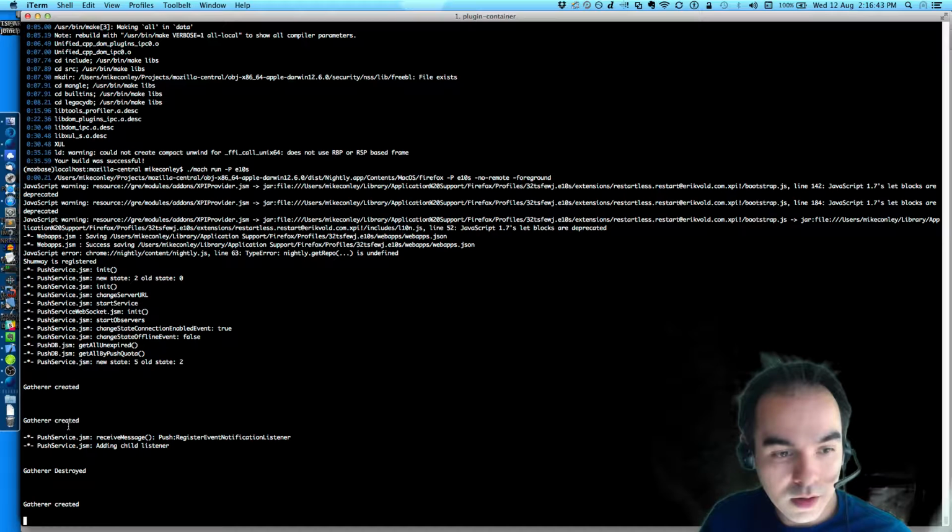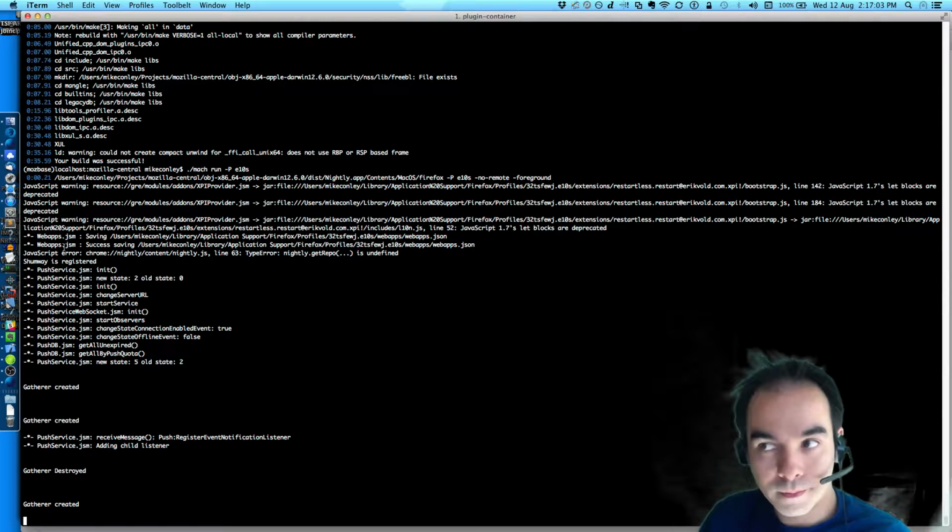Huh. Now why would that be? Why are there two gatherers created? Because there's probably a sampler in the child process. So there's also a gatherer in the child process. That's why.